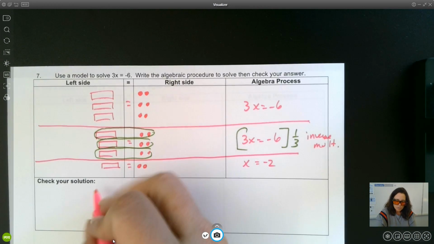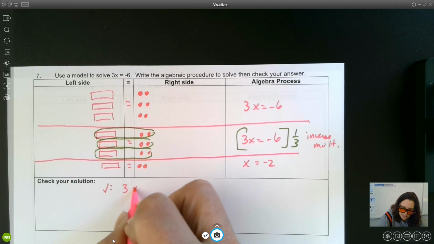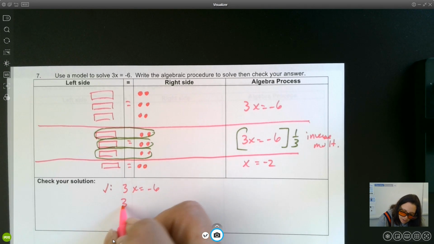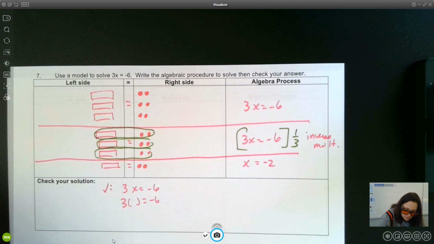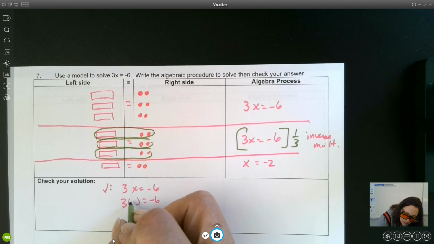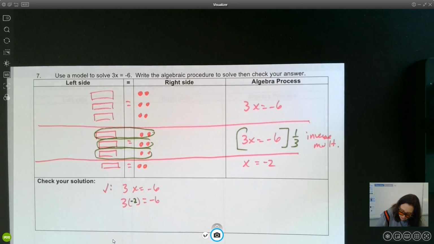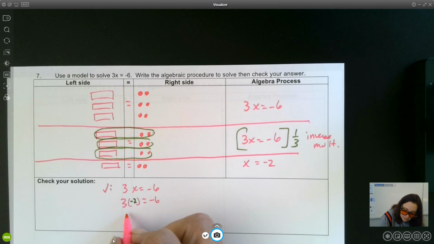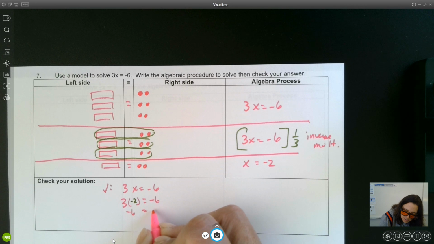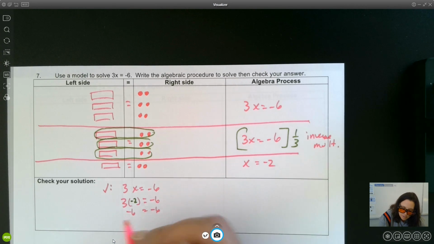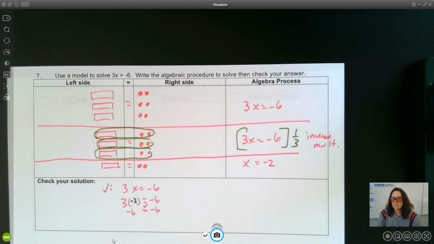Okay, let's check our answer. 3x equals -6. 3 parentheses equals -6. -2 goes in the parenthesis. What's 3 times -2? -6. And this -6 is just hanging out as a -6. -6, yes, in fact, equals -6. All right, the last type,